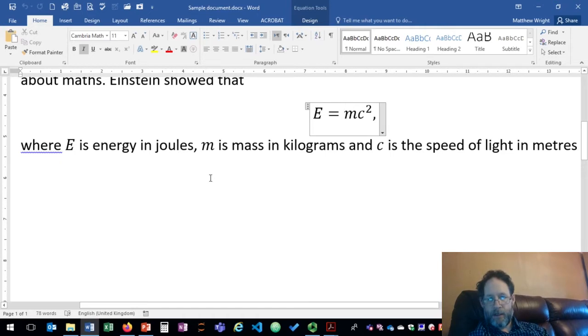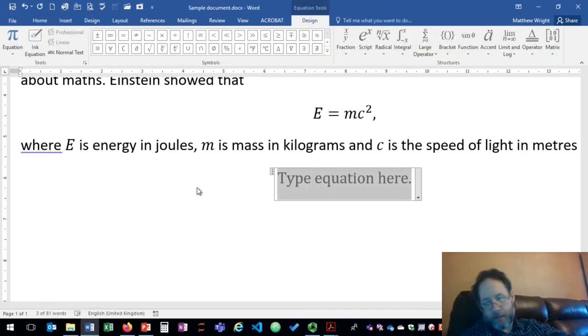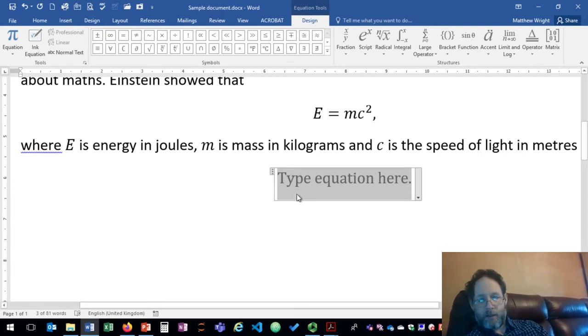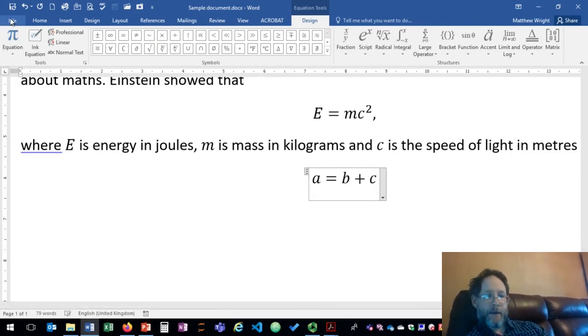If I put another one in down below, let's say, and while I'm at it, a quicker way to insert an equation than to go to Insert and choose Equation is to use the keyboard shortcut Alt and then the equal sign. That can be very useful. I find it a bit fiddly to do, so I'm going to talk about another way to do that in the middle. But suppose I put another equation in here, A equals B plus C, and then I save that,